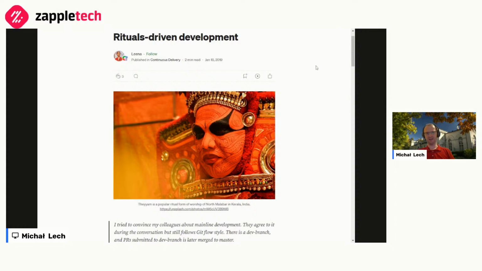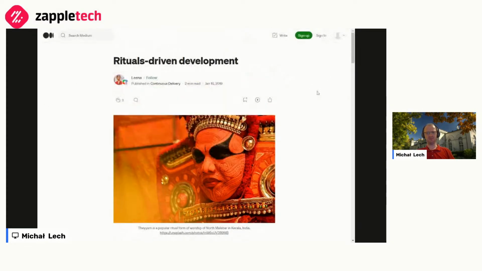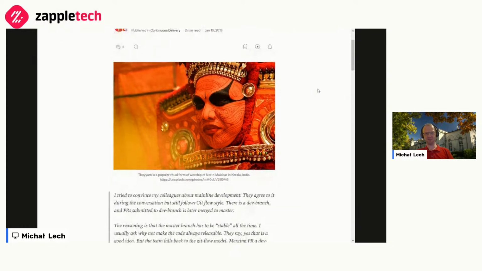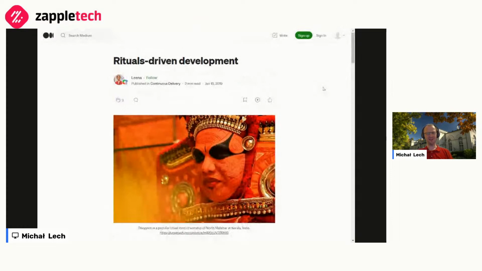It turned out, nope, absolutely not. This is actually a term which is already in use. What you see on the screen is an article by one of the Medium publishers, which is precisely about this kind of behavior. So this is already captured and already talked about. My talk today would be around really the basics of it.